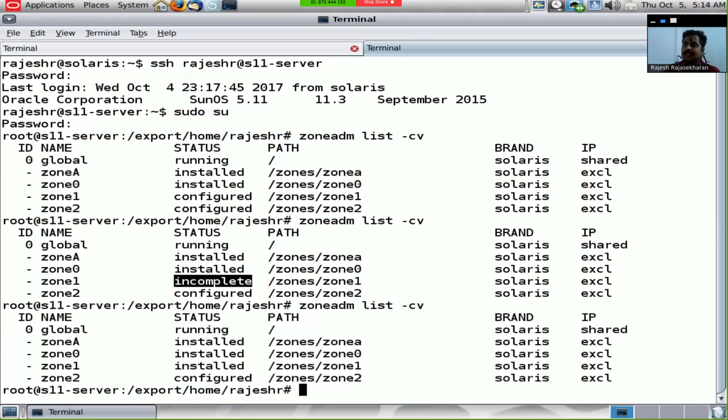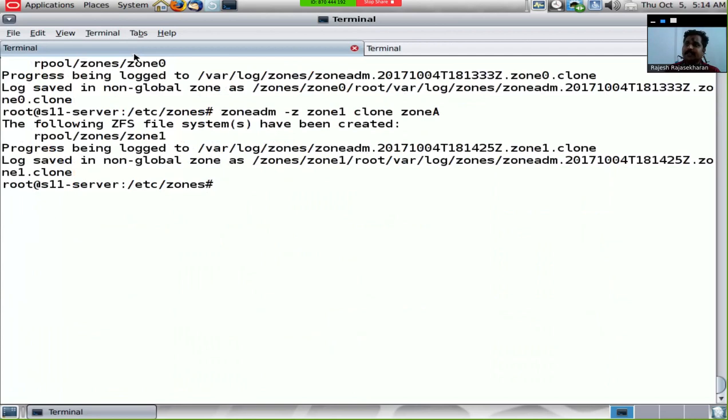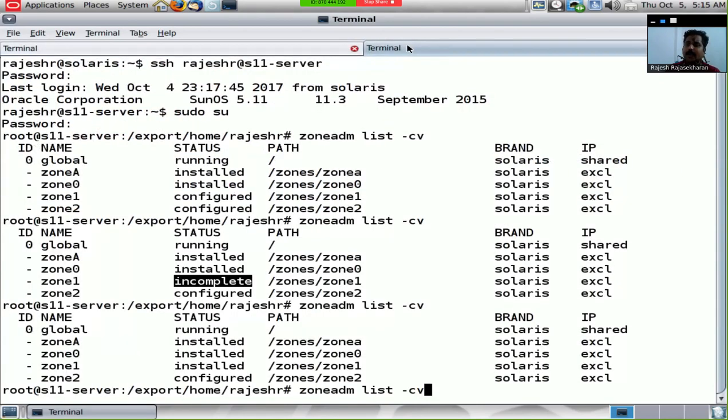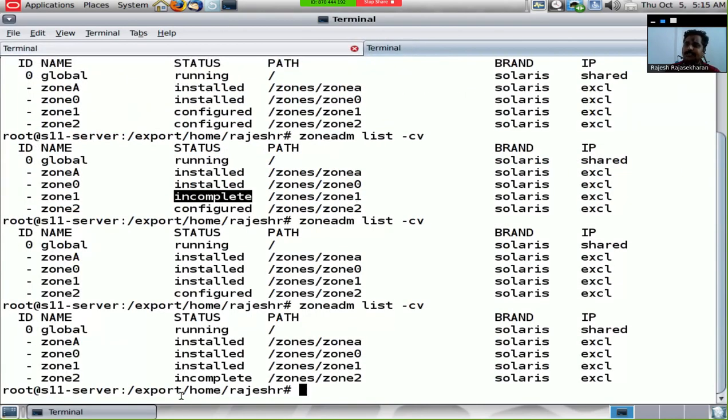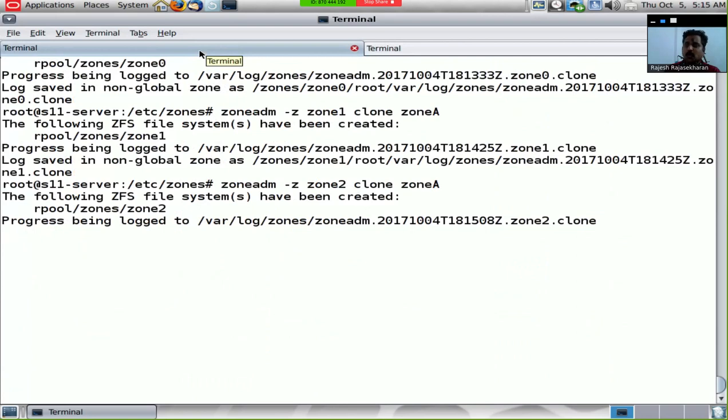So let's see what is the status of it. It's already completed the cloning operation. We will do the same thing for zone 2 as well. So let's go ahead and do that. And again, if we go and look at the status of the zone, you can see that the zone 2 status is incomplete. Very soon you would see zone 2 also would be installed